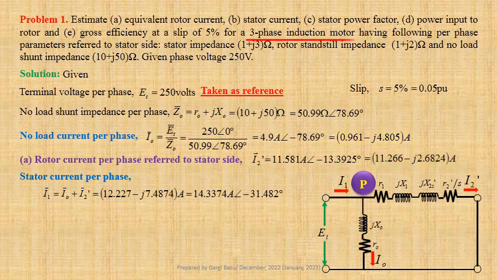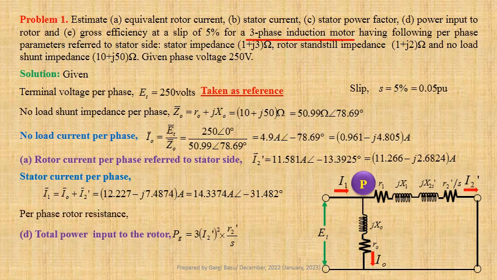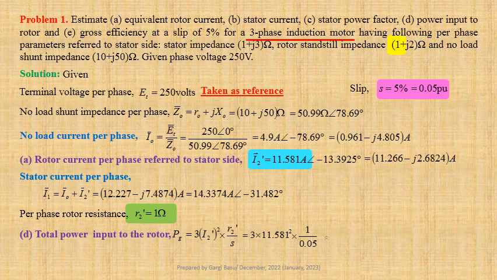For three-phase induction motor, expression for total power input to the rotor Pg equals 3 times I2 dash square into R2 dash by S. Given per phase rotor resistance referred to the stator R2 dash equals 1 ohm. Using values, we get Pg equals 3 into 11.581 square into 1 upon 0.05, which is approximately equal to